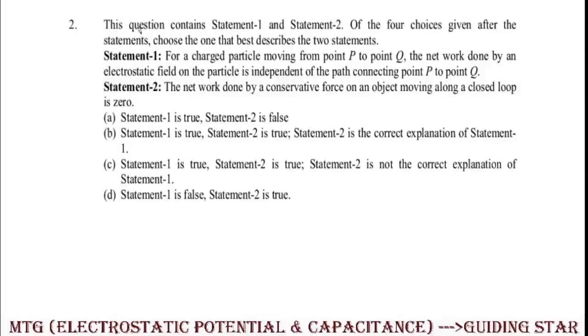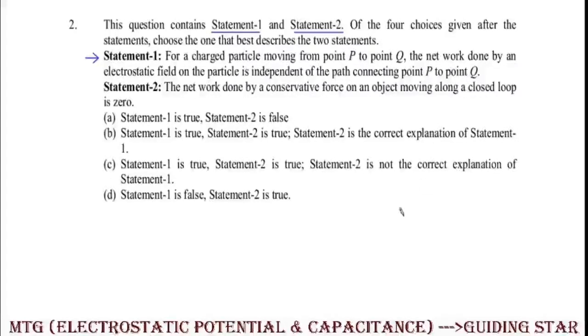Moving to this question, this is a statement based question. This question contains statement 1 and statement 2. Of the four choices given after the statements, choose the one that best describes the two statements. So what statement 1 is saying is that for a charged particle moving from point P to point Q, the net work done by an electrostatic field on the particle is independent of the path connecting the point P